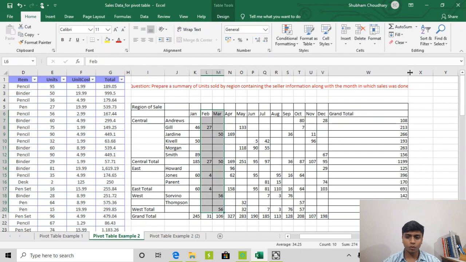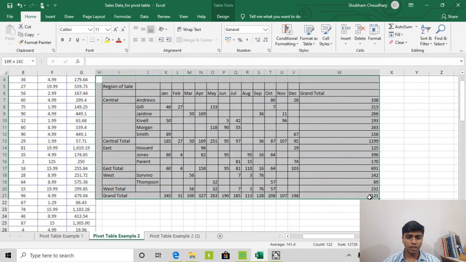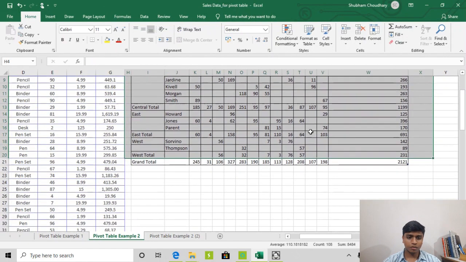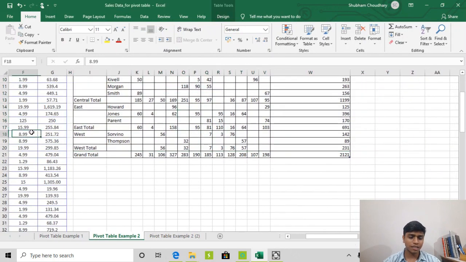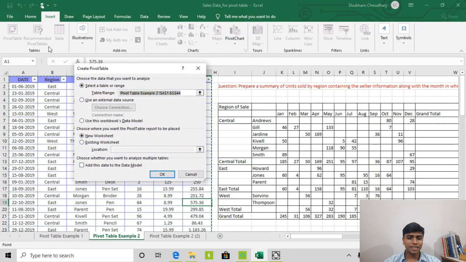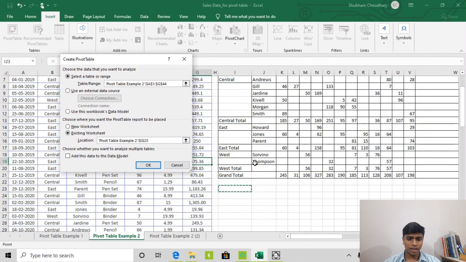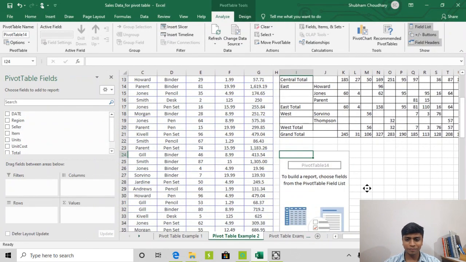So what we will do now is try to make a similar pivot table. Let's do it again. What we have to do now is click anywhere inside the data table, then go to the Insert tab and press PivotTable again. Now we will select the range, which we can see has already been selected. Now we select the existing worksheet as the location of the pivot table like this and press OK. Now we have that blank pivot table back.